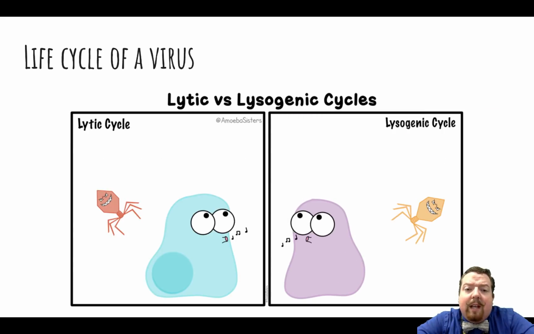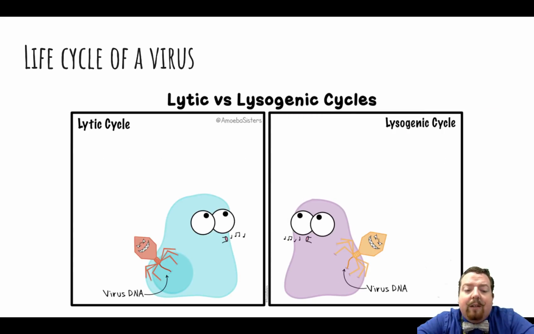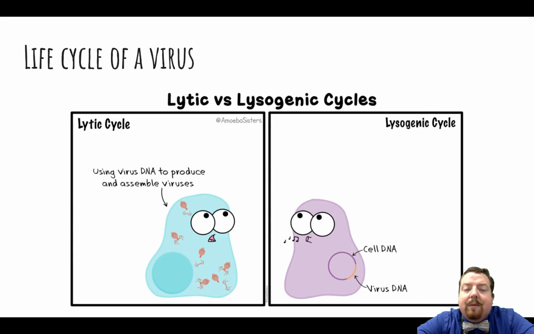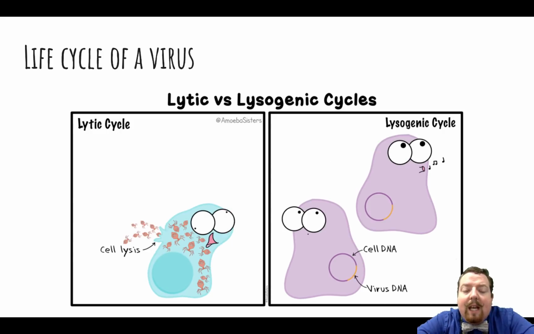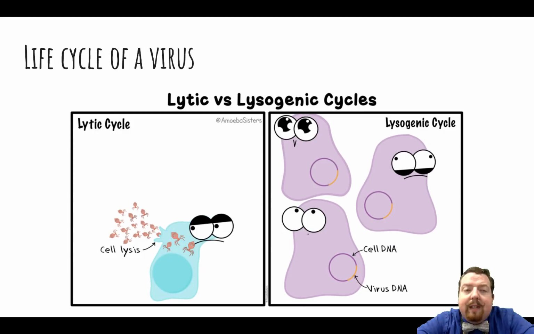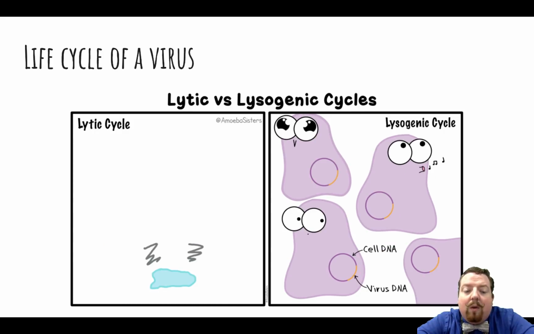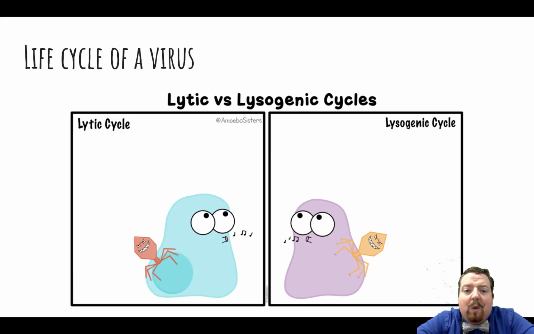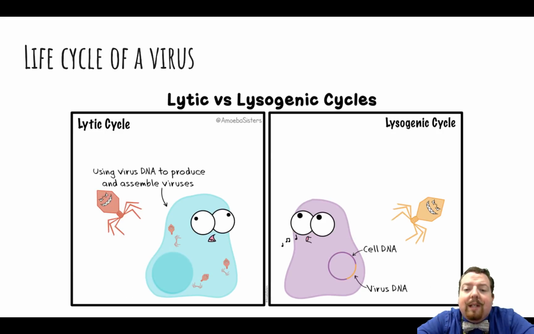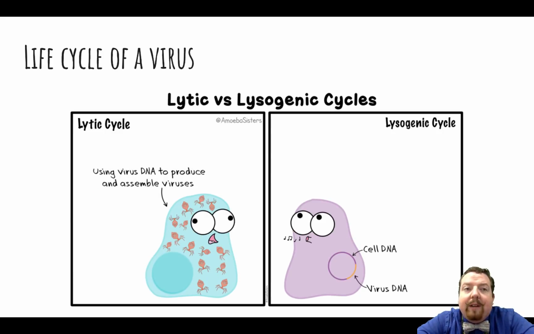There are two basic life cycles for a virus. We have the lytic cycle, where the virus comes into a cell and inserts its DNA. It grows little baby viruses, and then it leaves the cell with a whole bunch of viruses being produced, and that happens pretty quickly. We also have the lysogenic cycle, which is much slower, where a virus goes in, inserts